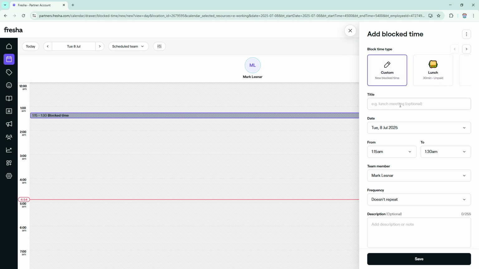At this point, you'll need to give your blocked time a title. Think about what this time represents and title it accordingly. Whether it's a focus session or admin work, making this clear will help you recognize your blocked periods at a